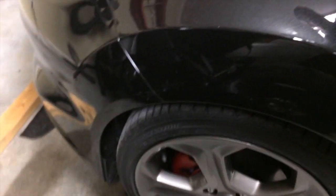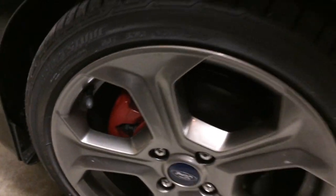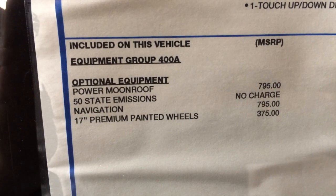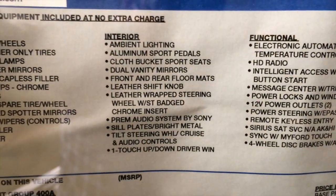This car does have the red calipers. I don't know if I can get them because there's not a lot of light in here. It does have the red calipers and the gray wheels. They're an option. I think on the sticker they're $375. They're no bigger or smaller, but it does say on the window sticker that this